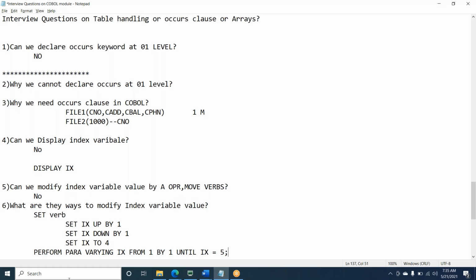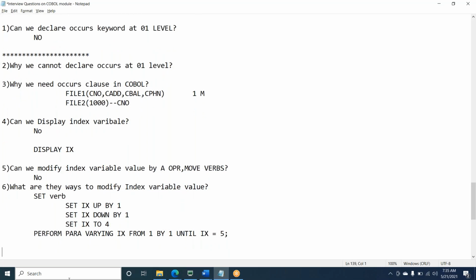Next, seventh question. Can we declare a two-dimensional array in COBOL?